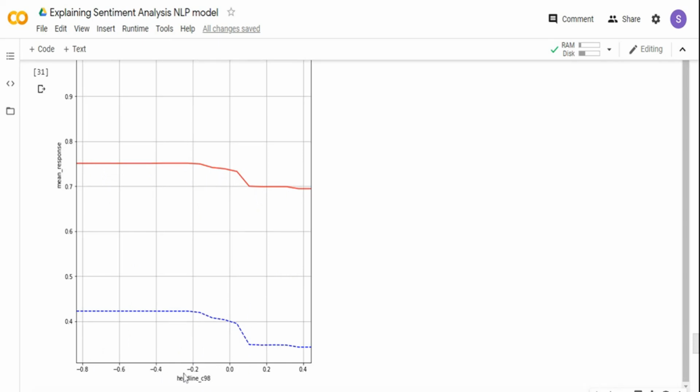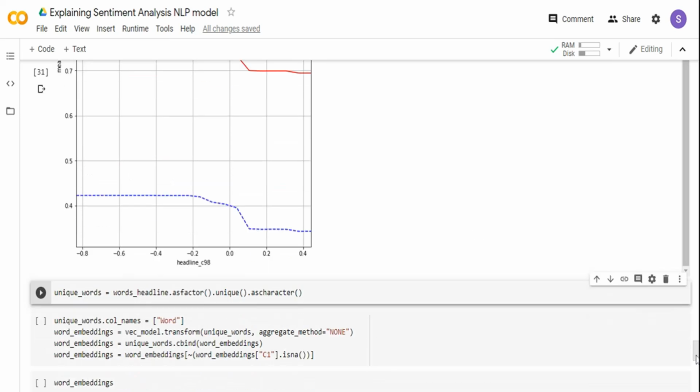So it is showing the response variable, and how the feature behaves with respect to the response variable. Now, again, this does not tell me what it means, right? Now I'm going to go and understand this particular variable response, the 0.2, 0.4, and what words it contributes to. So for that, I'm going to go to the model that I created.